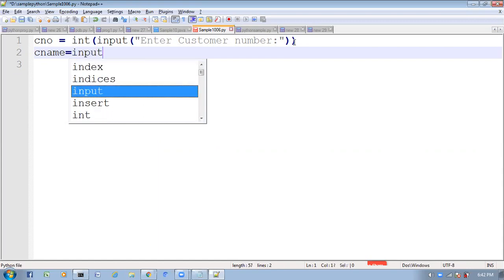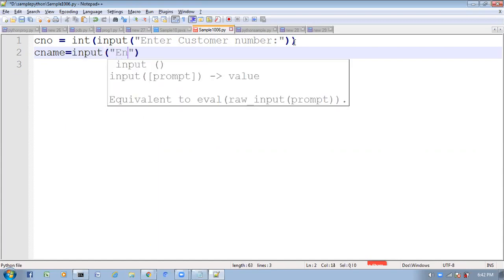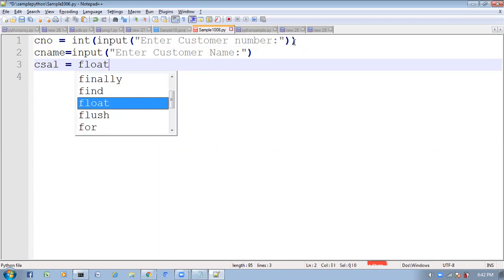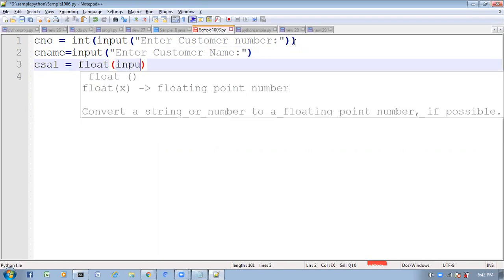So input of enter customer name, we have to take like this: C number, C name, C customer salary. Salary means what? Float type, float of input